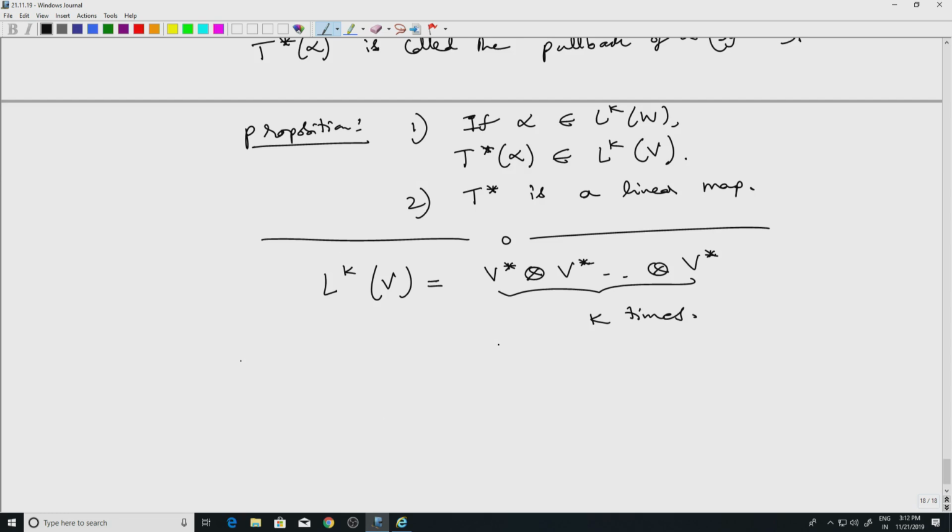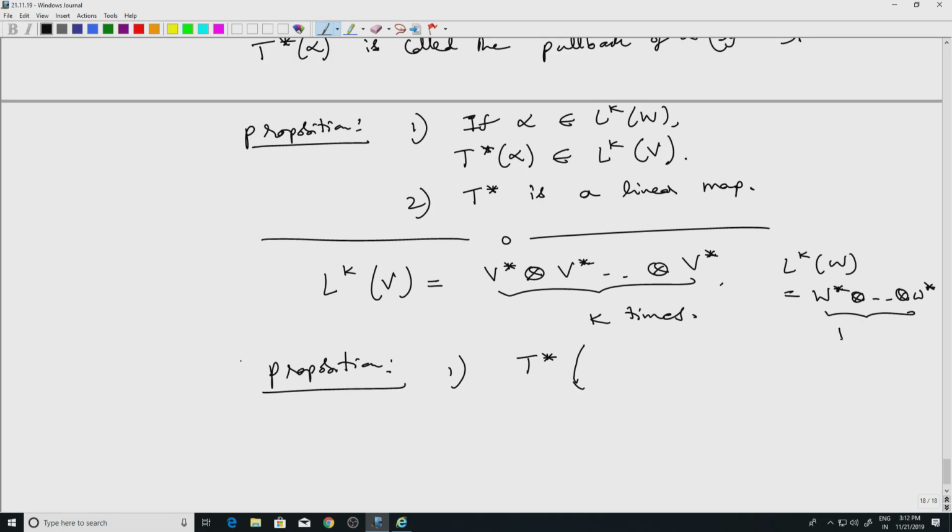So the second proposition is that T star, on L^k(W), which is W star tensor, again k times,